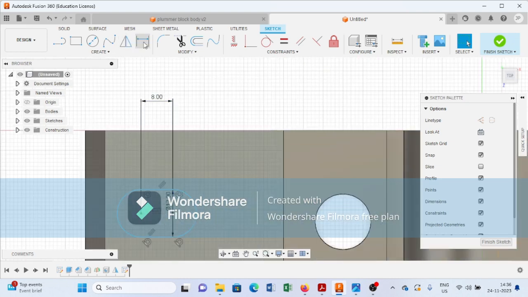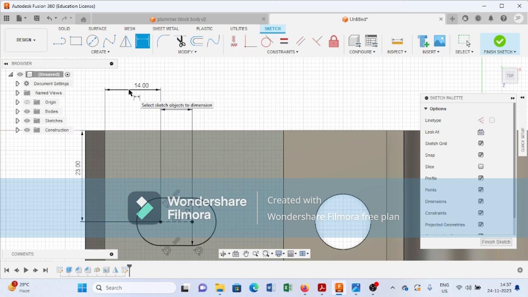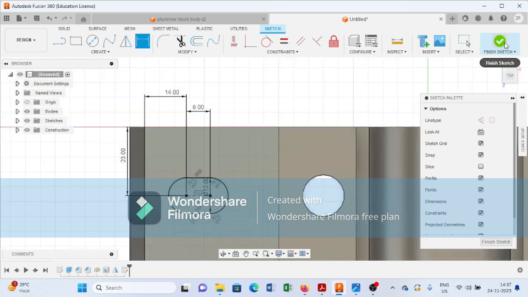Now the next is select the dimension, and the distance between this point and this line is 23, and press enter. And the distance between this line, this point, and this line is 40. Now finish the sketch